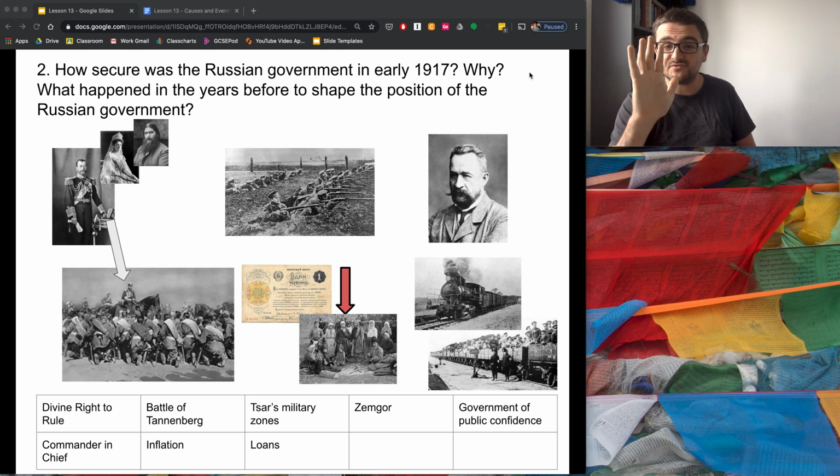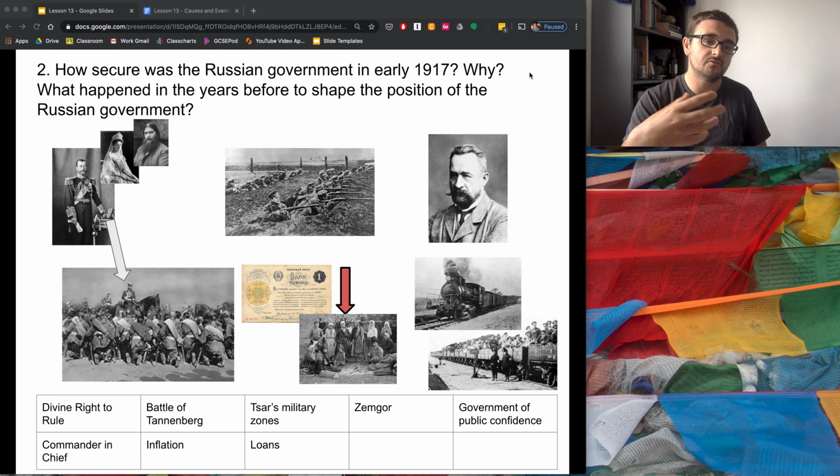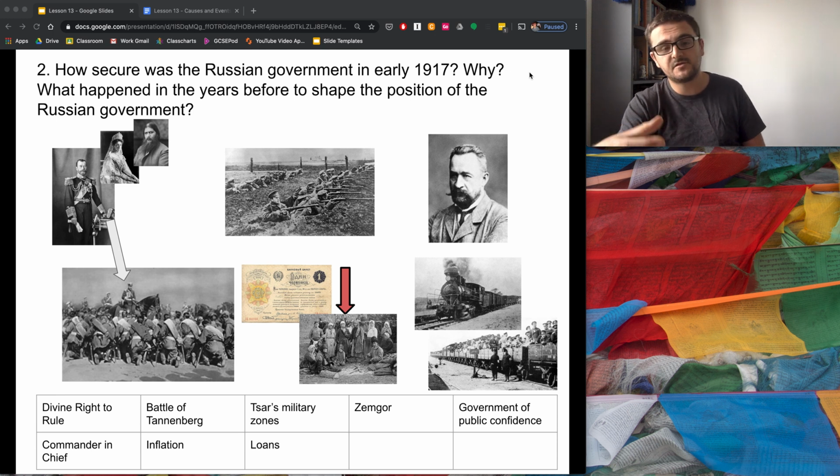Now, Tsar Nicholas rejected this. He didn't believe in democracy. He thought civilian influence would slow down their response to the war. And this then starts to delegitimise the Tsar in the eyes of the people. He's rejecting those democratic influences into the war effort. Obviously, he's going to turn more people against him.